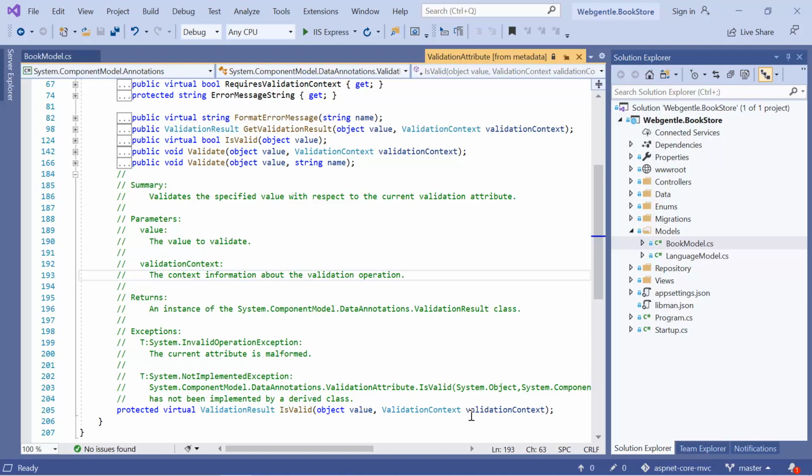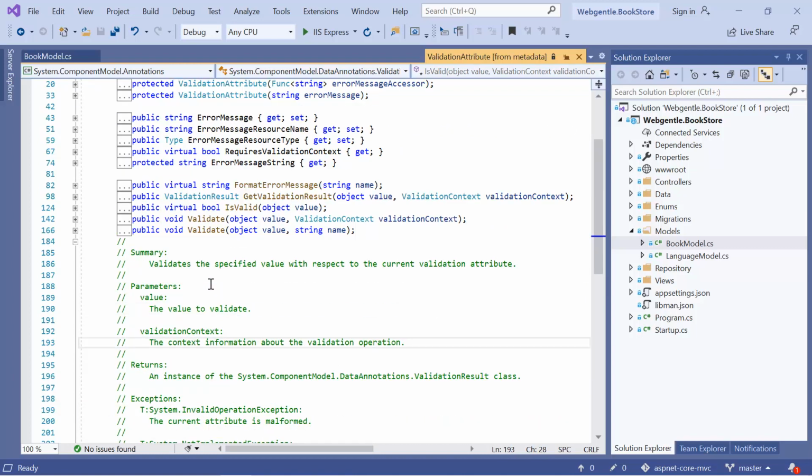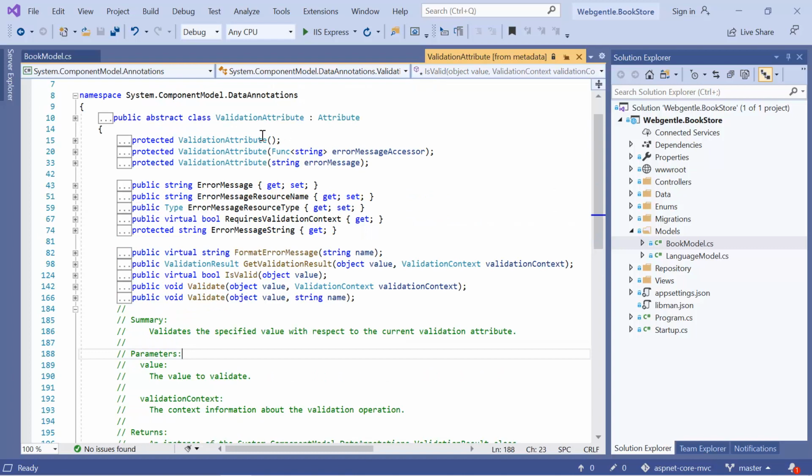If you need this detail, then you can use this method. If you do not need the details of the validation context in your validation attribute, then you can simply go with the other one. Let's see a few more details. This ValidationAttribute is inherited from the Attribute class, and that is why we are able to use these attributes on our model class.